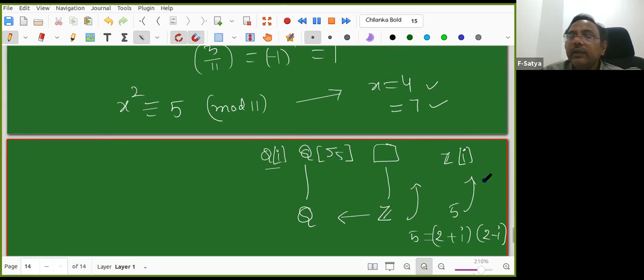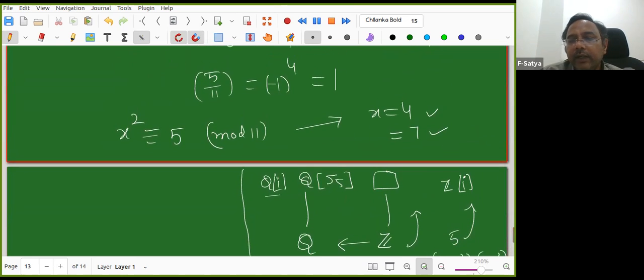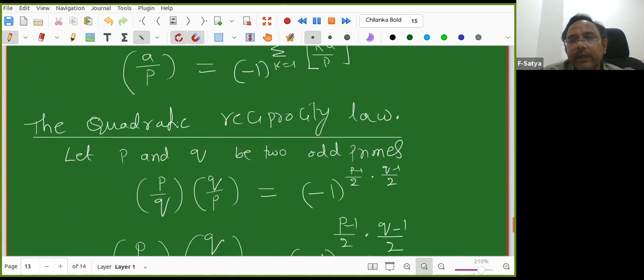How they split, there is a big history. There are a lot of things involved. Why are people doing this problem? Quadratic reciprocity law. You take a quadratic extension, so there is a field, a quadratic extension below, where this prime splits. So there is a big story. I told this just to motivate, but don't worry, this is not related to your exam. But I need to tell it so that at least some people get motivation.